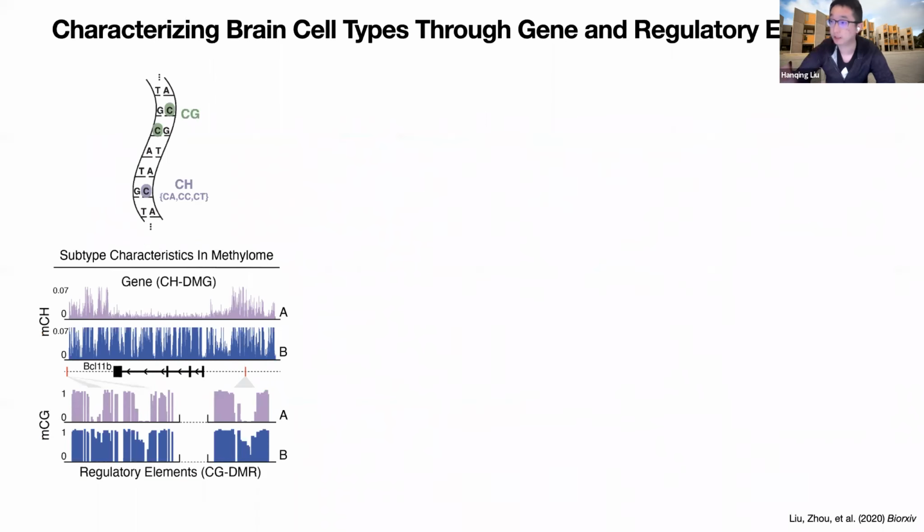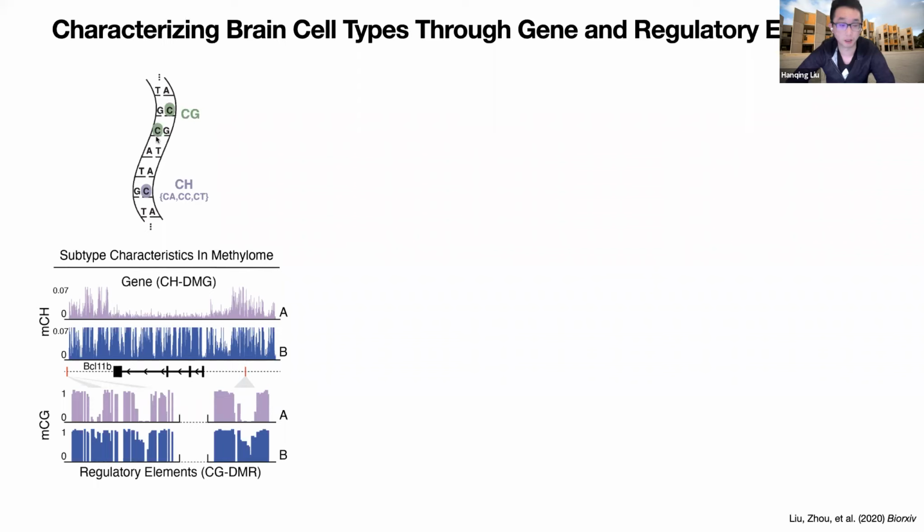So that's about defining the cell types using the methylation data. And in addition, following that, basically we want to characterize the cell types using the methylation features. And usually in methylation studies, we can separate the methylation signal into two kinds. One is the canonical CpG methylation, which basically is what people talk about